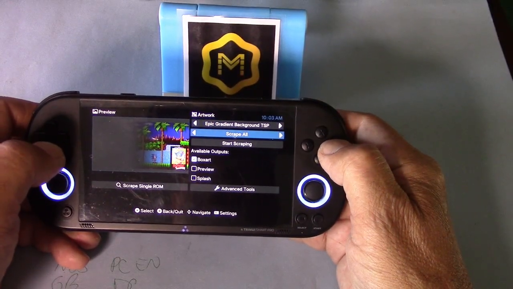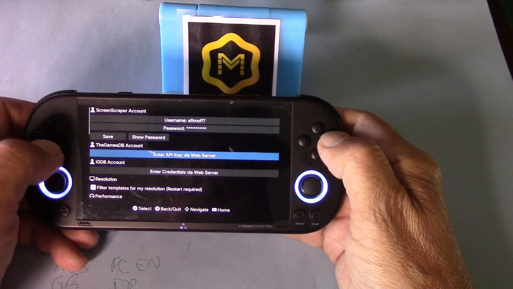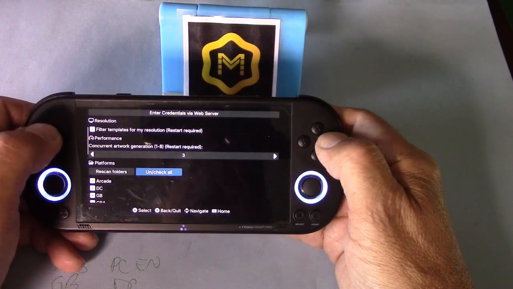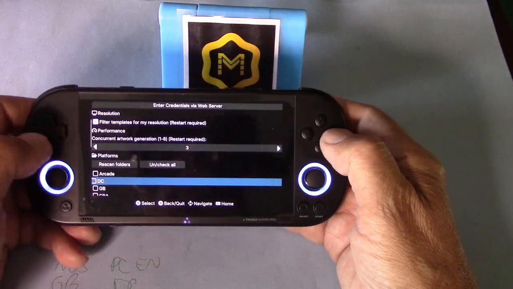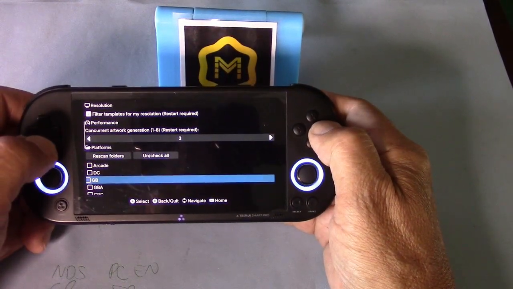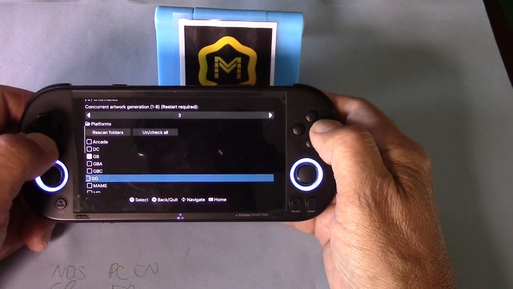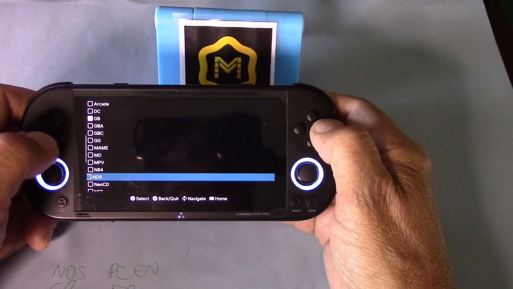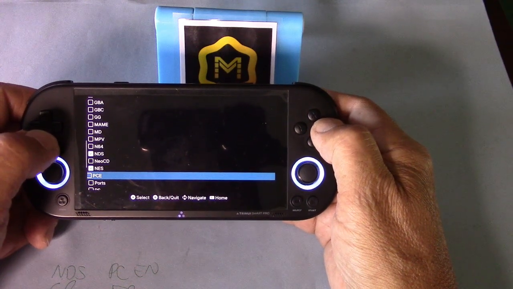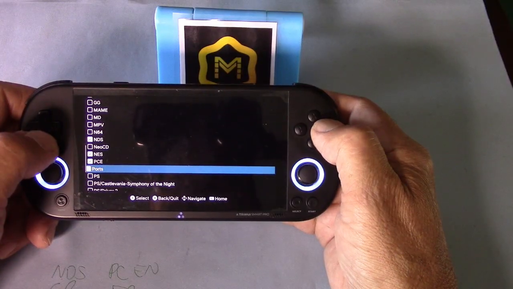So what we're going to do is we're going to go back. We're going to go to our Select. We're going to scroll down to our platforms. We're going to uncheck all of them. We're going to go ahead and select only the categories that we want, or platforms that we wanted to do. So we've got Game Boy, we've got NDS, we've got NES, we've got PC Engine, we've got ports,